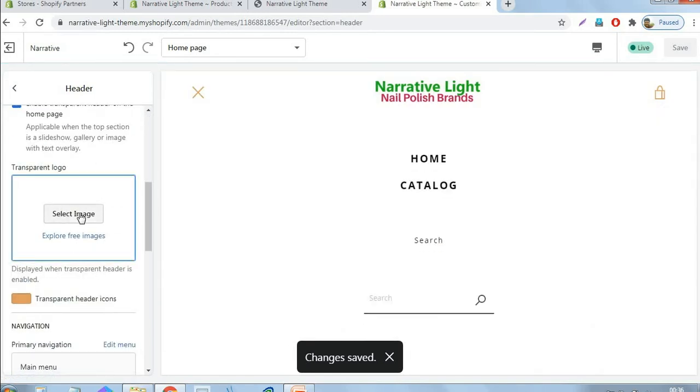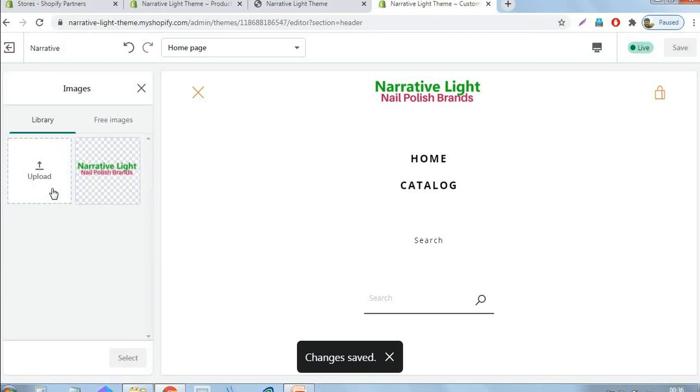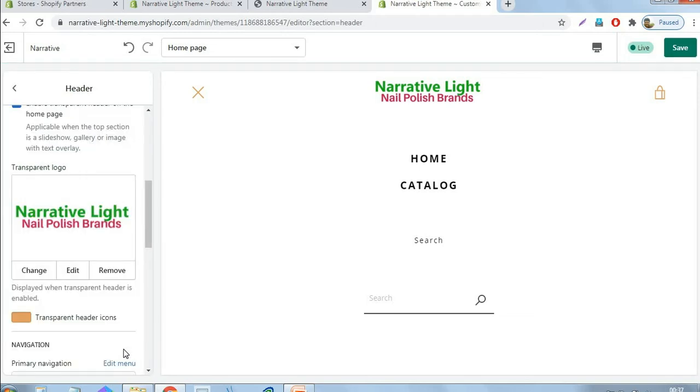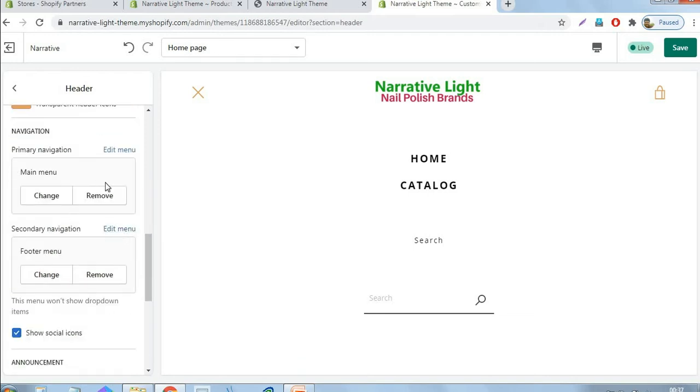After that, a transparent logo. I am not creating a transparent logo separately. I just used the same logo that I uploaded earlier. Okay, so that's all. Then after that we need to choose the navigations.